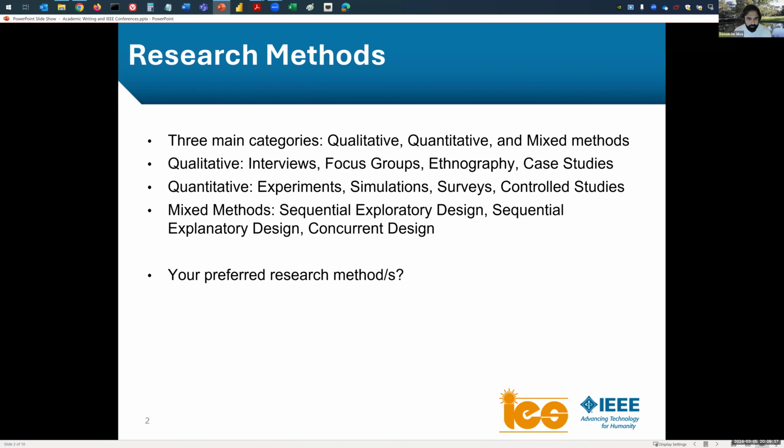Before we get into academic writing, we look at research methods. Generally, not always, but sometimes I find that research students or even people presenting at conferences are not very clear what their research method is. If you think of the universe of research, all forms across all disciplines, there are three main categories: qualitative, quantitative, and mixed methods. Qualitative research is not something we do, but it is equally important because research is across the board, across all disciplines.